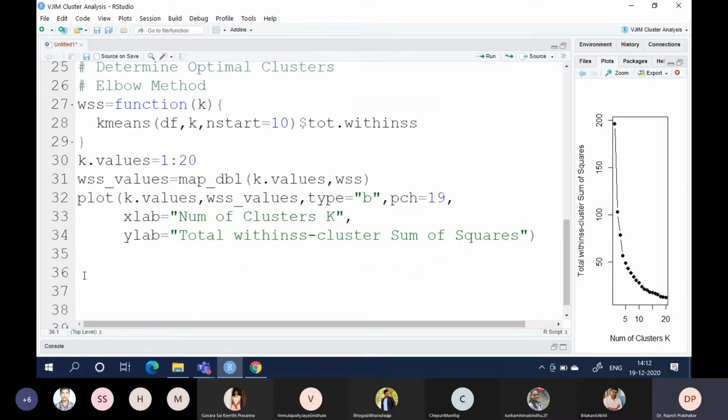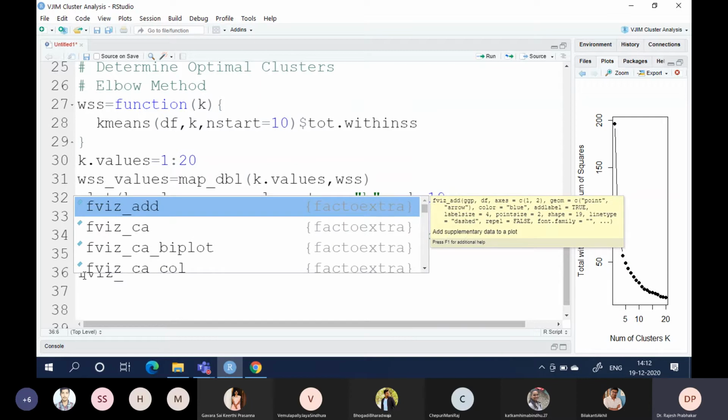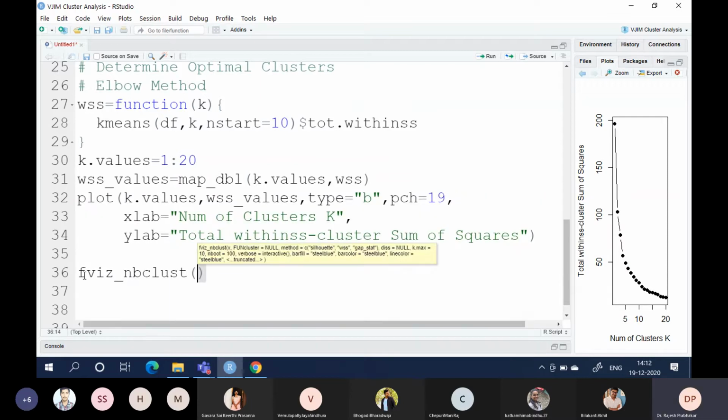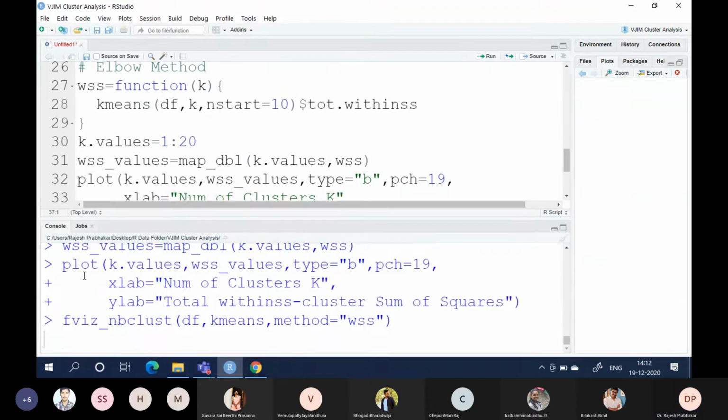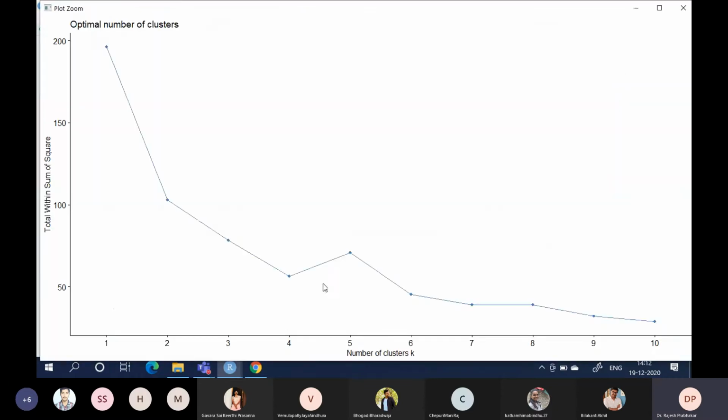Actually, you can also use the function fviz_nb(df, kmeans, method = "wss"). See, it is also giving us the clusters. So from 6 clusters onwards, it is stagnating.